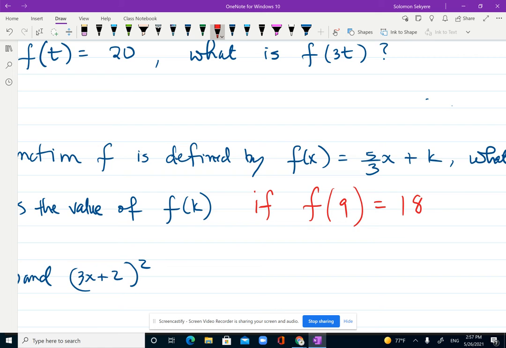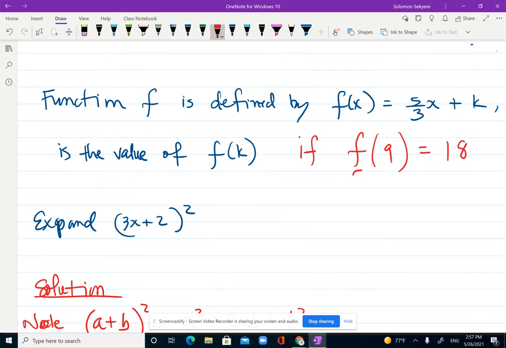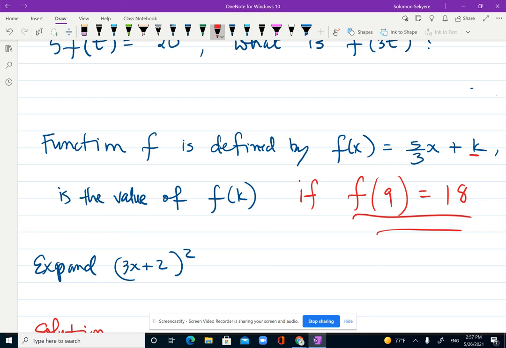F of 9 equals 18, right? Okay, how are you going to do that? That's the complete question. So what you're going to do is, first you need to find the value of k using this information. Wherever there is x, you replace it with 9, and set it equal to 18. That will help you find k, and then you can come and find f of k,